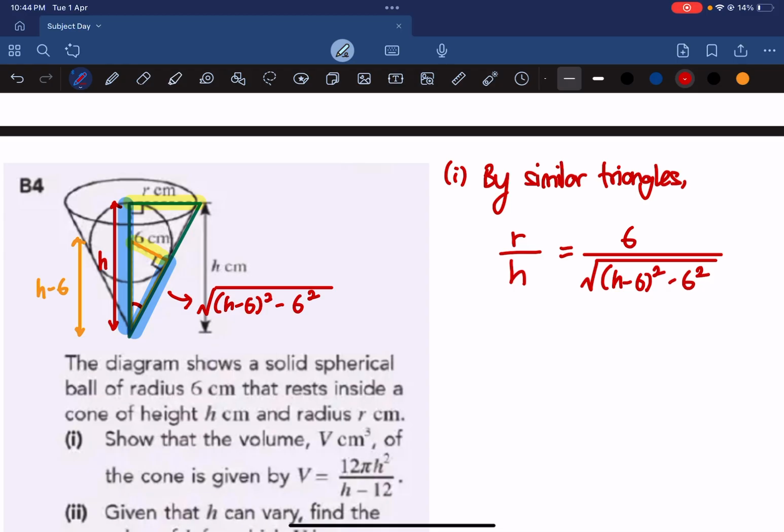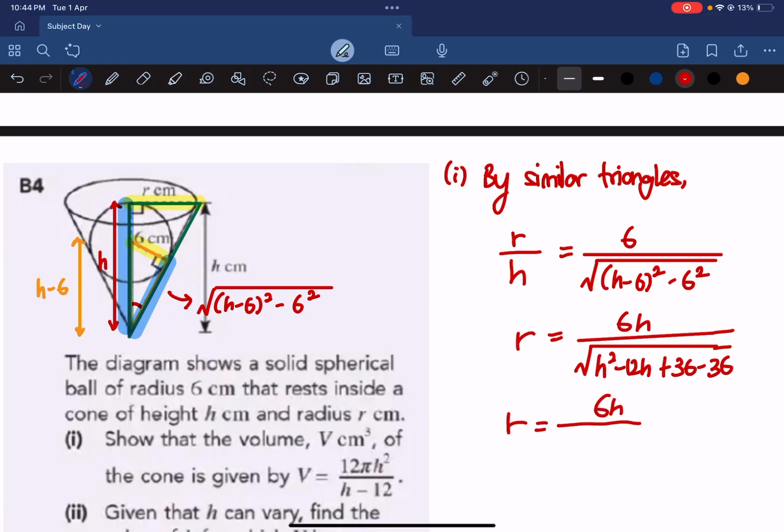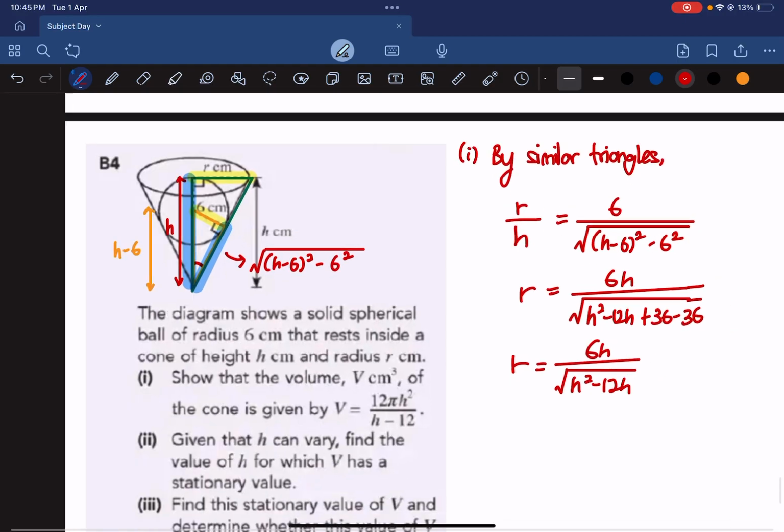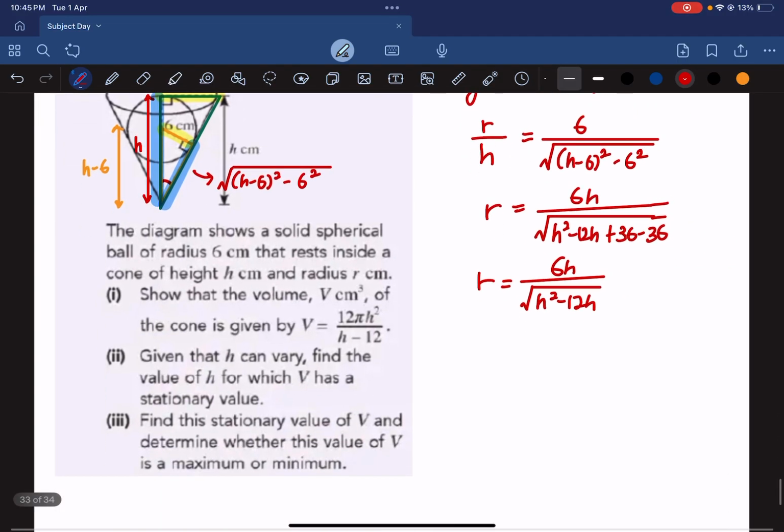Okay, from here I will get my r is simply equal to 6h over, I simplify my denominator. So it's h squared minus 12h plus 36 minus 36. So r is simply equal to 6h over square root of h squared minus 12h. Okay, so therefore if I were to look at the volume of this cone here, V,